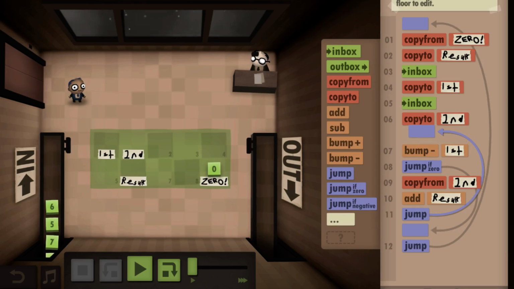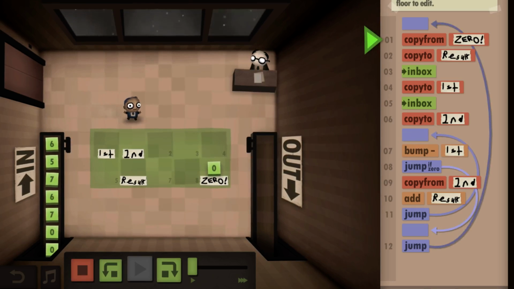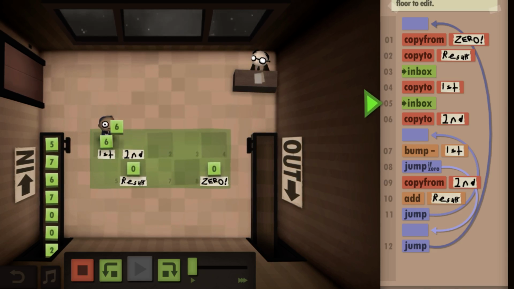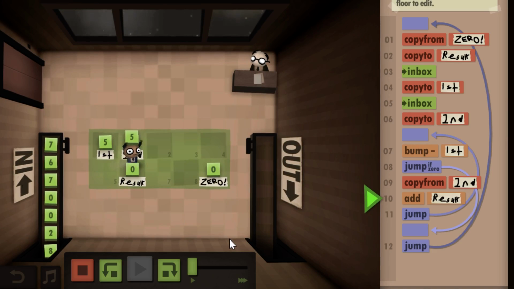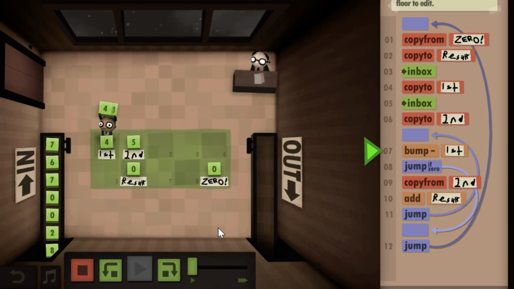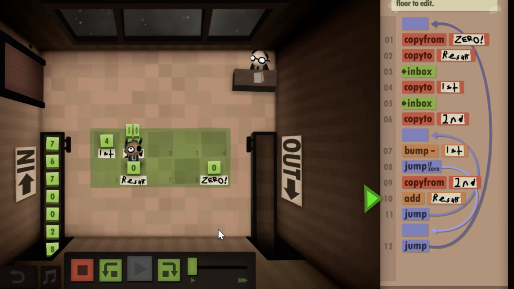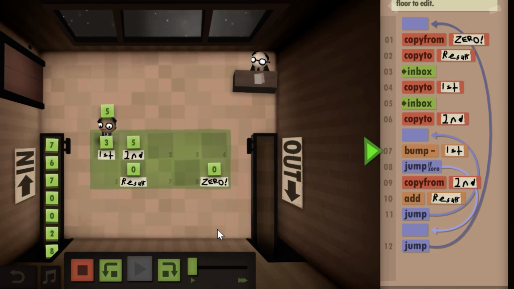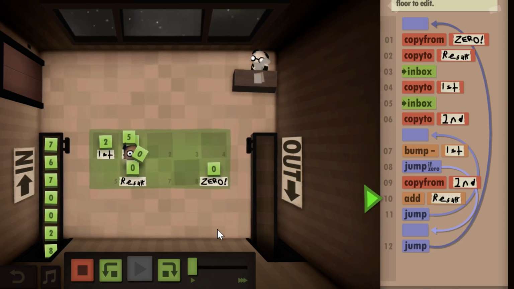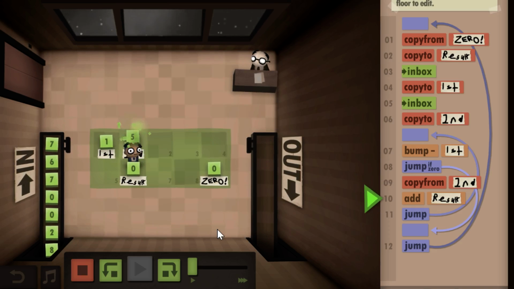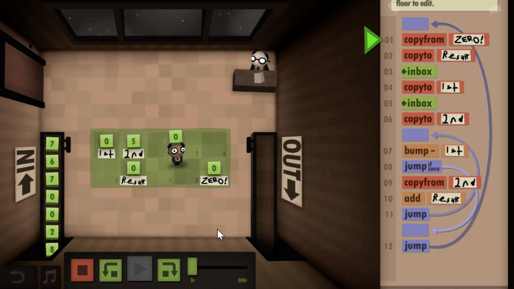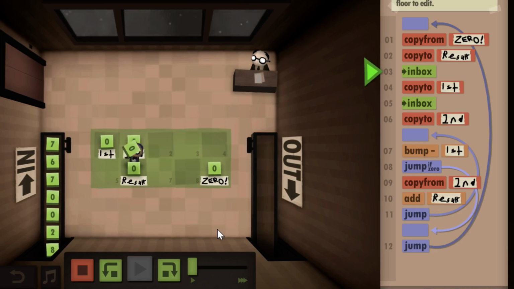Yeah, this jump is not in the right place. Here we go. So, when you are programming multiplication in this very basic form, you would want to have the first number be the smallest number possible and the second number be the largest number possible. True for division too, you'd want the first number to be the smallest number.